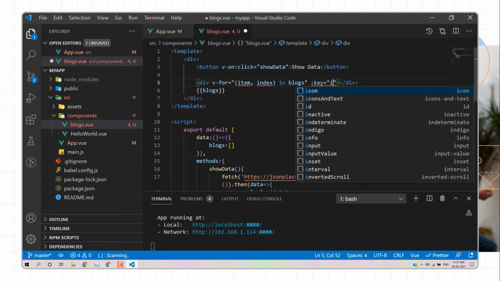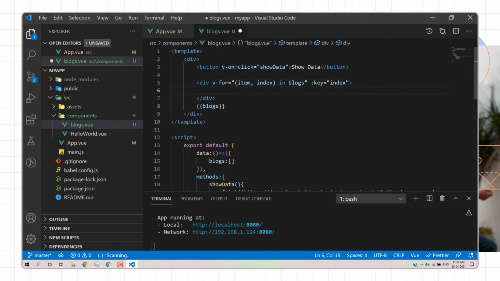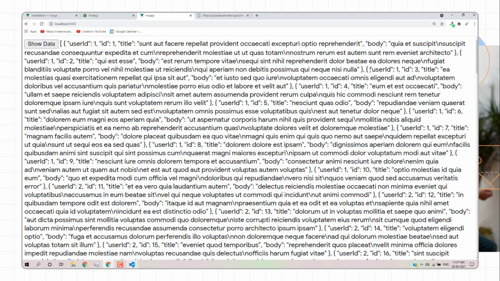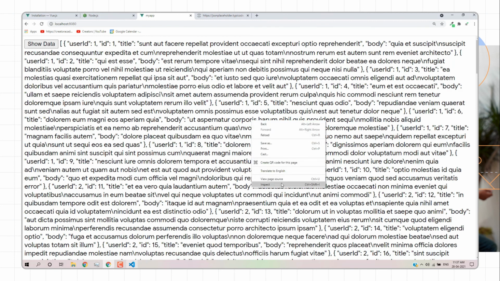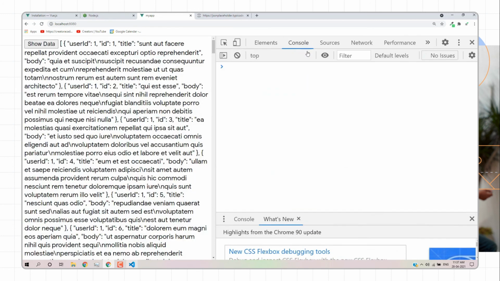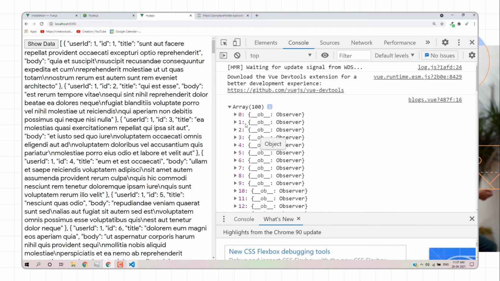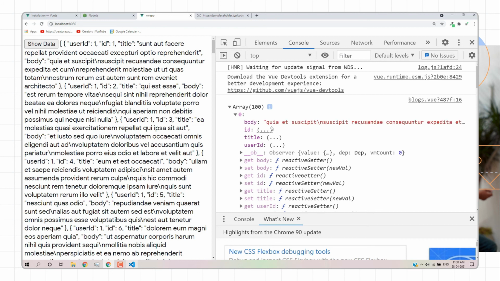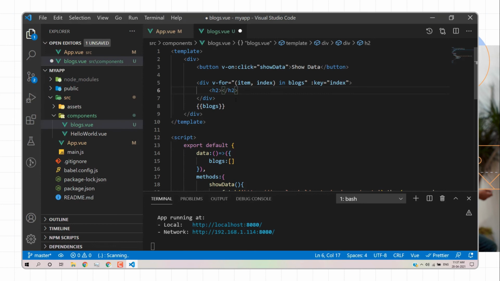So I'll go to the inspect element, and then we have a console part. Inside console we have an array of objects. We have a title and the body, so I'll pass this title in this particular place. What I'll do, we'll write item dot title, and for the body, here we have a p tag, here we'll write item dot body.